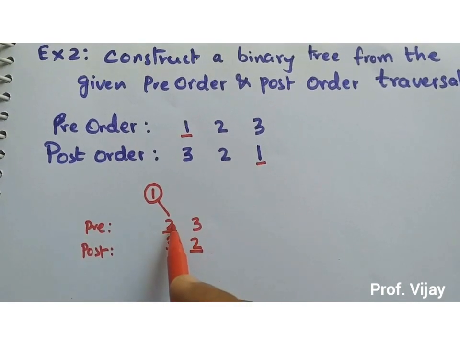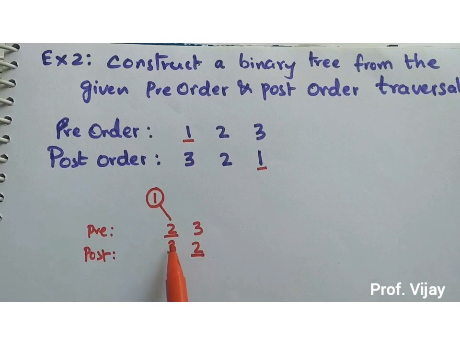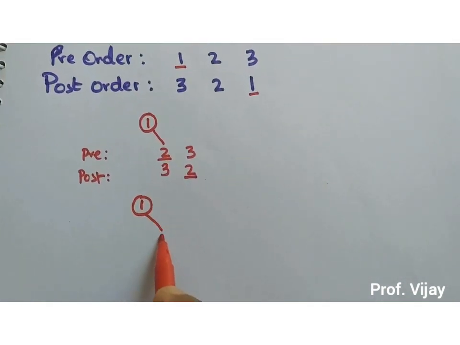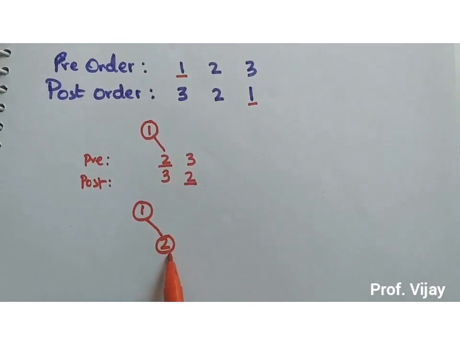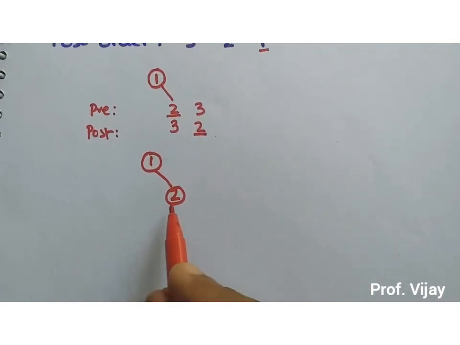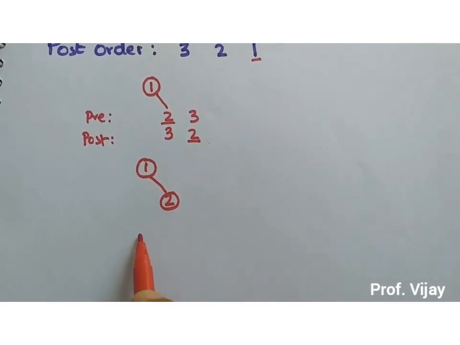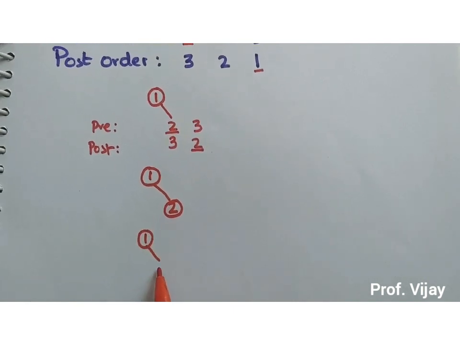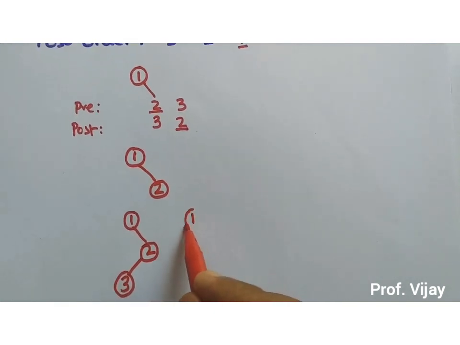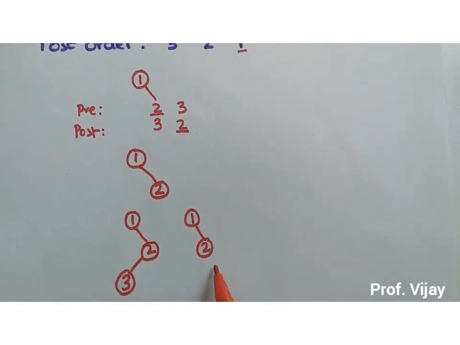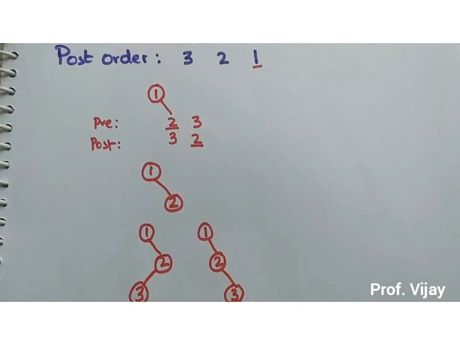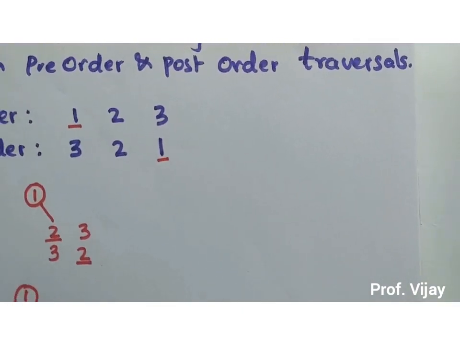When 2 is the root, we can mark 2 as the root. Now what I can do is 1, then 2 is the root here, and here 3 can go in two ways. That is, 3 can be the left child or the right child. So here we will get 1, 2, 3, one possibility, 1, 2 and 3 as the right child, the second possibility. All right.